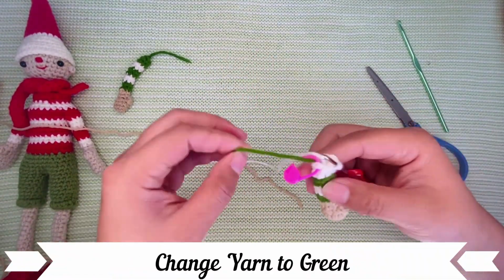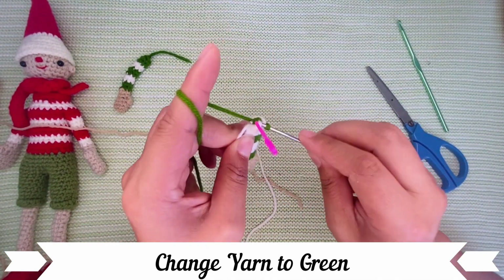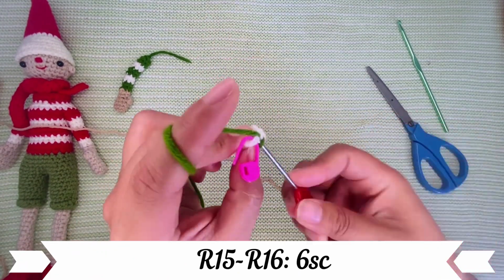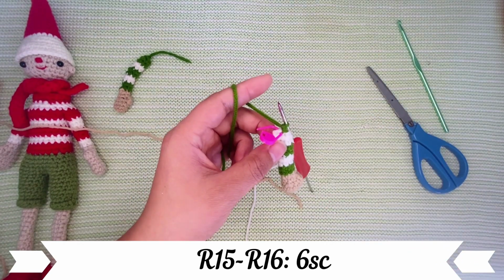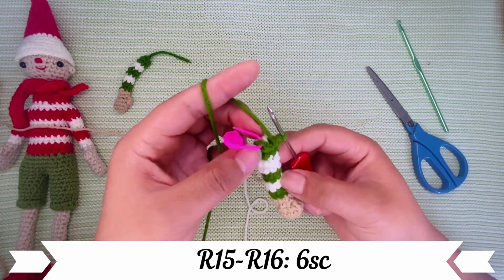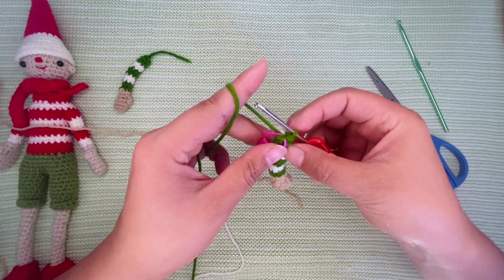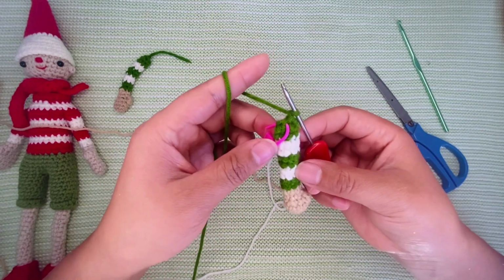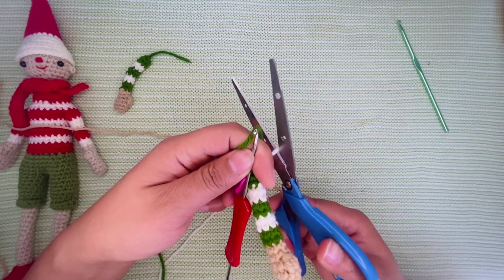And then one more time on the last single of the 14th round, change yarn to green and working on the green yarn, 15th and 16th round, 6 singles for each round. After you finish the 16th round, we'll connect to the start with a slip stitch and then chain 1. Now one hand is finished, we can go ahead to cut the white and the green yarn off